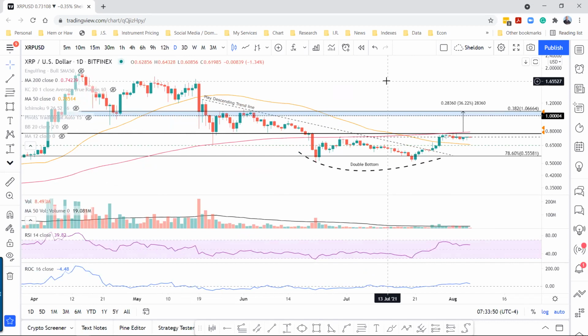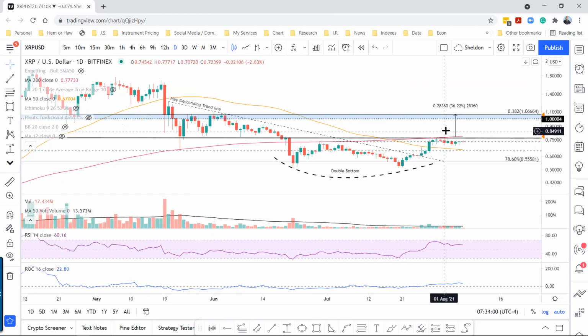Those two areas are providing major resistance, and I wouldn't be surprised if we see a pullback into the 50-day before we see a release higher from here. We did trigger the double bottom. That shows us we have about a